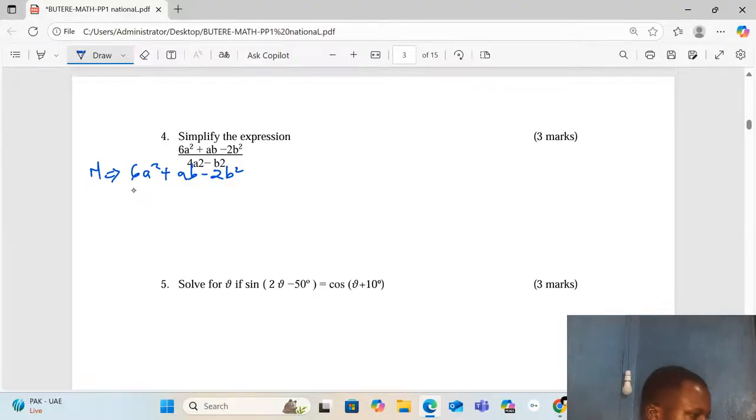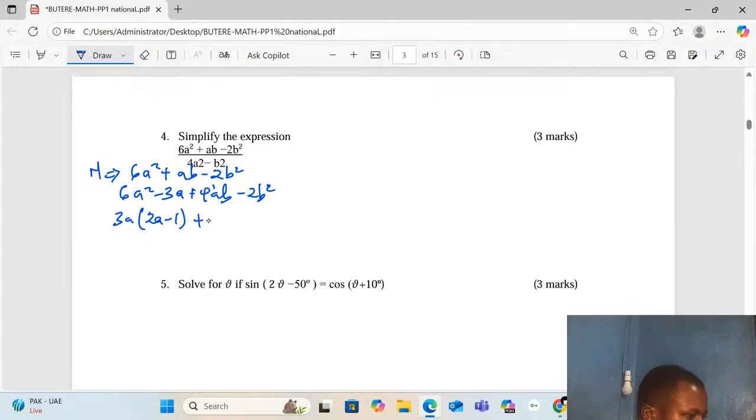So this one will give us now 6a squared minus, using product and sum, 3a plus 4ab, now minus 2b squared. Now we factor out, so we shall have 3a into 2a minus 1,